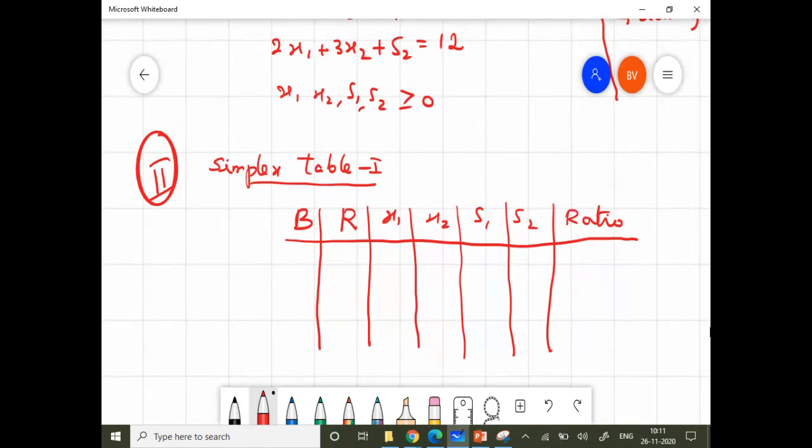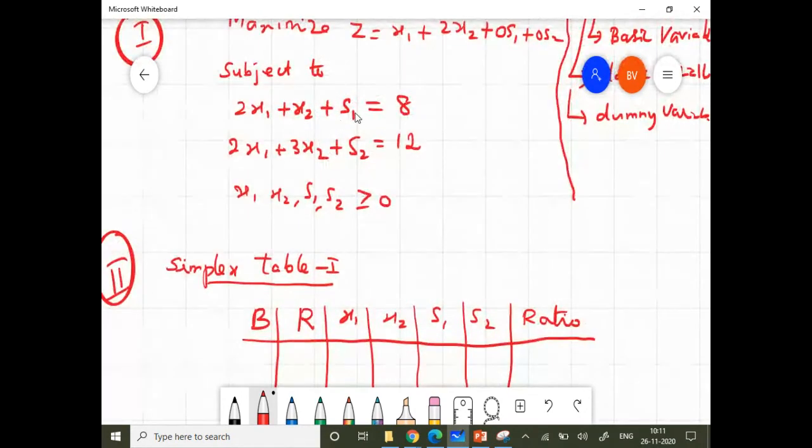This B, R, X1. So if there are three variables here, X1, X2, X3, and there are three inequalities, you will find three S1, S2, S3 as well. So there will be 6 variable columns: X1, X2, X3, S1, S2, S3. The number of columns will change depending upon the number of rows and number of variables. For every row we will use a new S. So if there are 4 rows, 4 S will be there. If for every variable there is a column here, so if there are more variables, there will be more columns here. Okay, that is it.